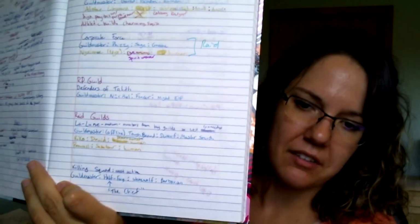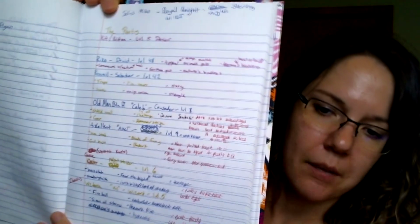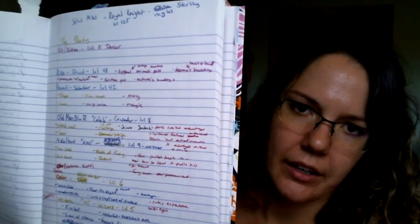For instance, let's see if I can get it to focus. Yeah, here's a list of guilds that you guys are going to be meeting in the third book. And then I'll have like this was the original party, and let me see if I can, yes, there we go. And it has some of their skills. So Vic, Cookie are in there, all that kind of stuff. And it has their level, their job. Some of it changed over time, so I don't think this is my most recent one. And as part of that too, I have all the skills listed in here. I can't show you guys all of this again because it's got some stuff from book 3 and I don't want to reveal any spoilers,